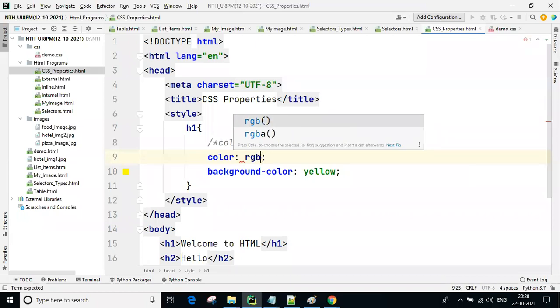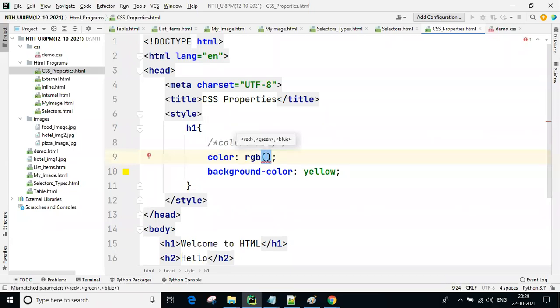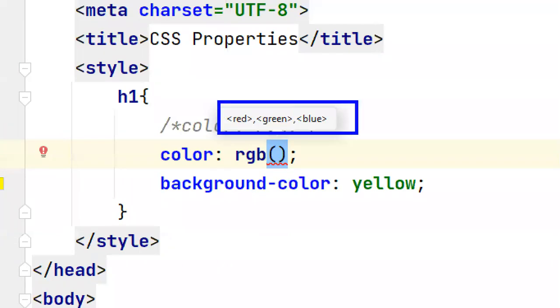RGB means red, green, blue: R stands for red, G stands for green, B stands for blue. These three are major colors, guys. Each color you can consider as 100%, just an assumption.